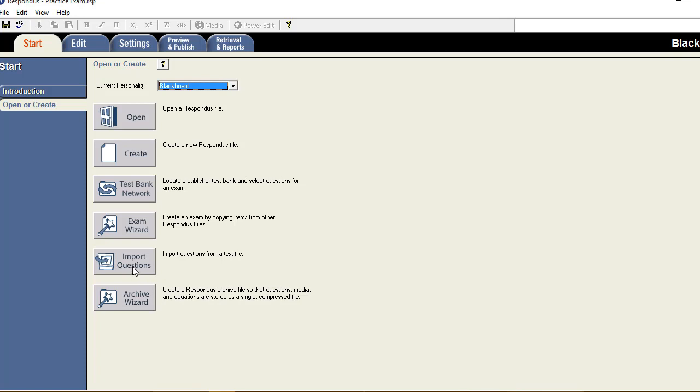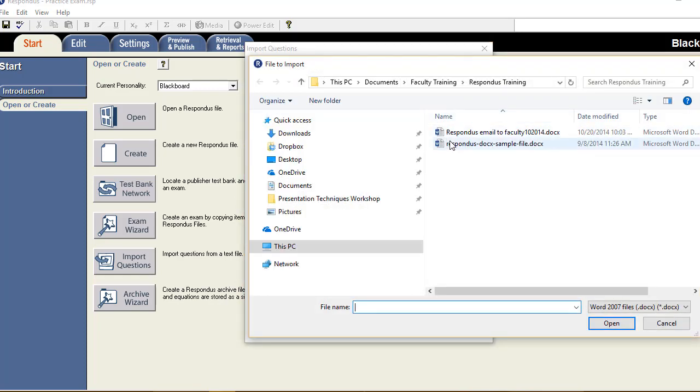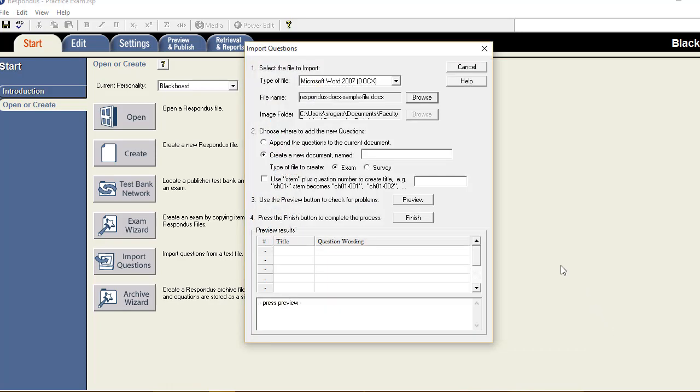And this is where we'll go get your test from your desktop. Now I'm going to go find one in mine. Here it has several questions. I actually have docx docs. I'm going to go browse for that file. Here's one that I use for practice.